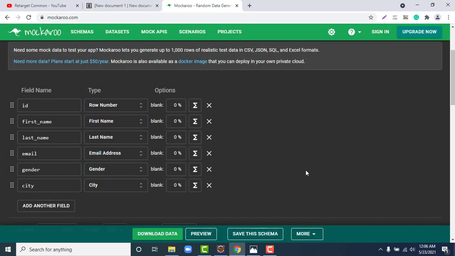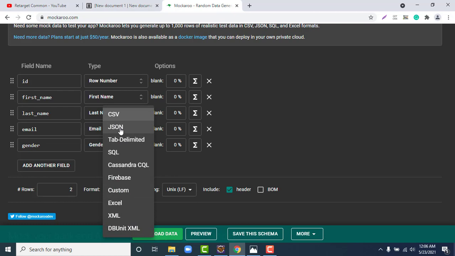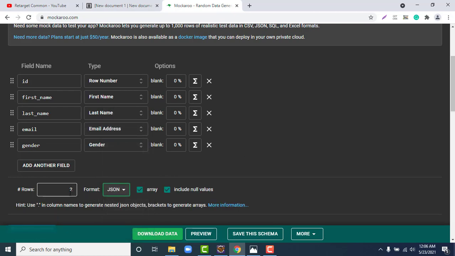So what I'm going to do here, we need to create one JSON array. So how can we create a JSON array using this? Instead of 100 rows, I don't want 100 rows, I want only 2 rows. Okay, and I want JSON as the format. Since I selected the row count as 2, it will automatically be shown as a JSON array itself.